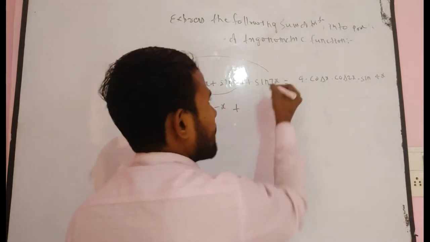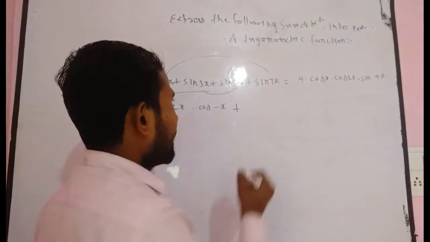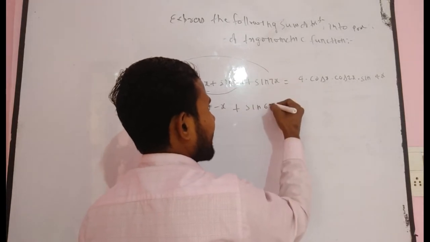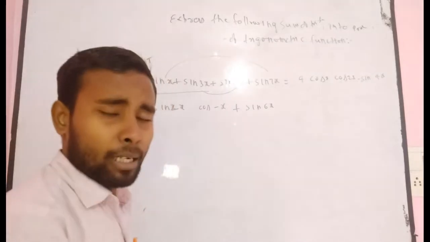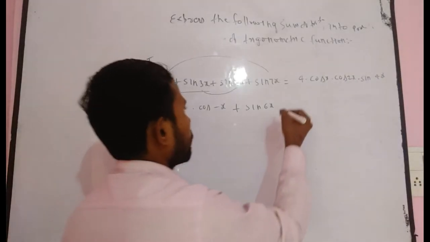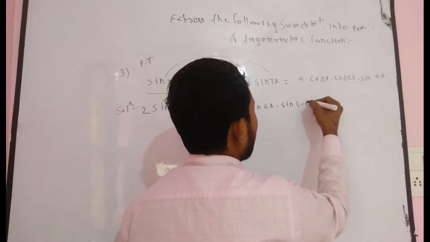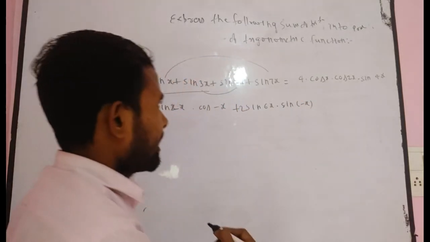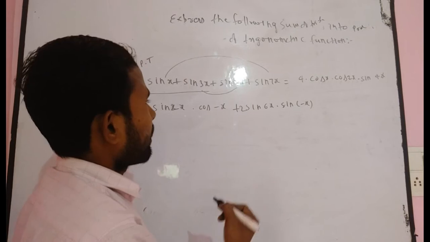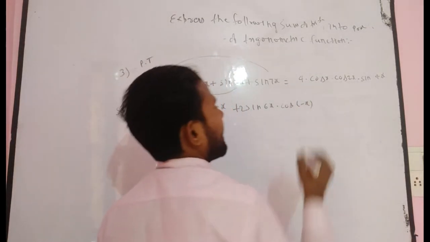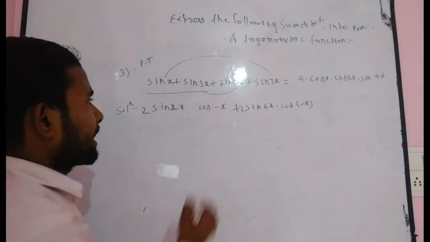Plus sin c plus sin d again, then you can write sin 5x plus 7x, that means 5x plus 7x divided by 2, that means 6x, into cos minus x. So finally you get